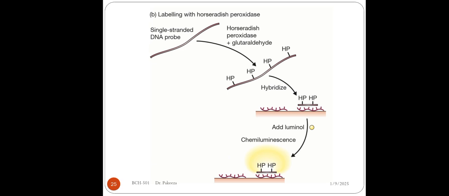Having said this, look at this labeling with horseradish peroxidase. You have the single-stranded DNA polymerase. You will first insert horseradish peroxidase along with the glutaraldehyde, and after that you will let it hybridize with the